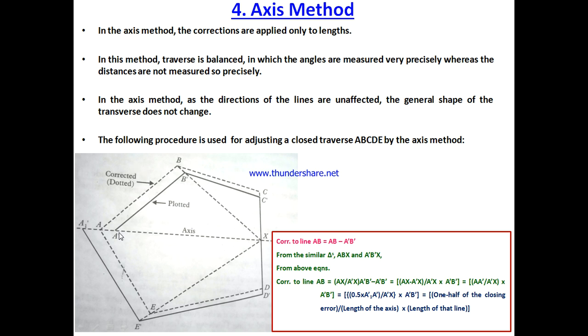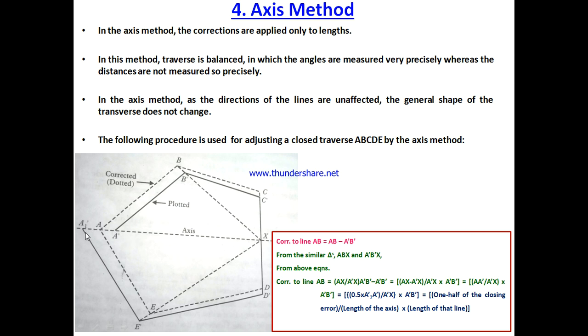Suppose I say A dash, B dash, C dash, D dash, E dash. Now this traverse should get closed somewhere here only. A dash means if from E dash I go as per the calculation of linear measurement, I will get this point A dash with the help of coordinates. Then only I can say my traverse is balanced or adjusted. But now you can see here I am not going somewhere here, rather I am coming to rest somewhere here, A1 dash. It means there is a closing error of A dash and A1 dash.